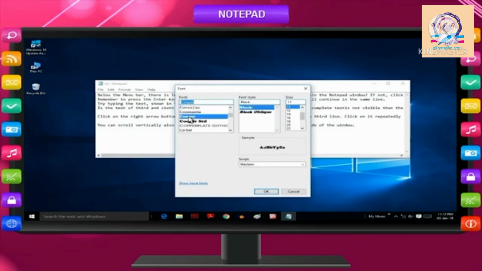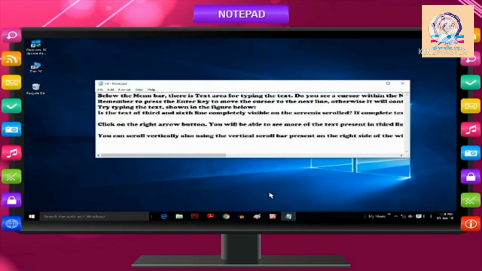Make your selections in the font, font style, and size of font. An example of how your font would look appears under Sample. When you finish making font selections, click OK. Changes to the font style and size affect the selected text in the document.